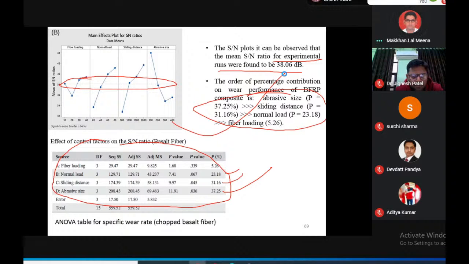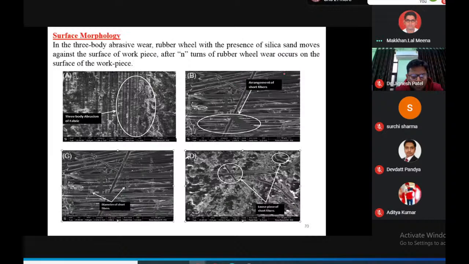So finally, let us discuss the surface morphology. In three body abrasive wear, a rubber wheel with the presence of silica moves against the surface of the workpiece, and after n turns of the rubber wheel, wear occurs on the surface of the workpiece. So we can see figure A shows